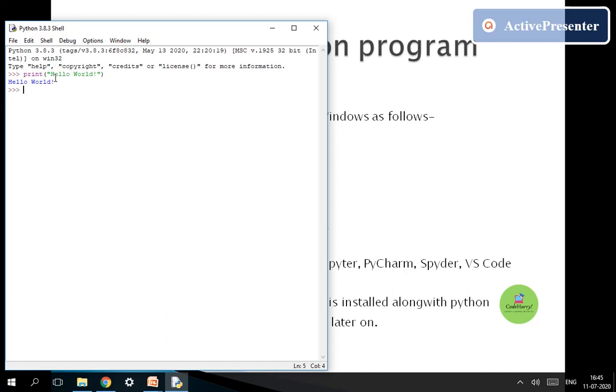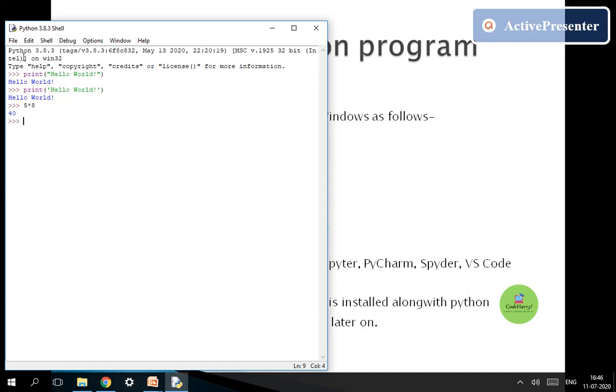See, it is done. Again, one more thing which Python supports is that we can print the strings within single quotes as well as double quotes, either of these. Here we had used double quotes, as you can see, and here we are going to use single quotes, so it gives the same output. When we enclose our string within single or double quotes, it knows that it is a string. So this is how it is done. Again, you can do any mathematical operation, so we can use it as a calculator, and that's all.